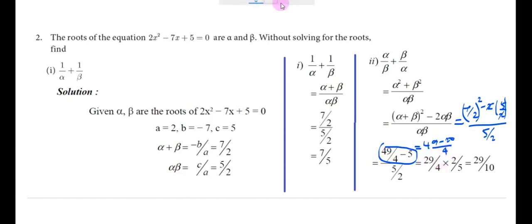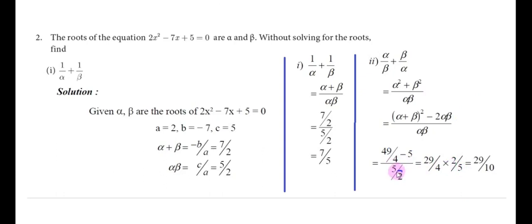Understood? So 29 by 4 into, move this 5 by 2 reciprocal there, so into here the denominator 2 will go as a numerator, so into 2 by, in the down part 5 is the numerator, it will go as a denominator, so 2 by 5. Okay, now let us simplify using the 2 table. Here 1, that 2, so 29 into 1 is 29, by 2 into 5 is 10.